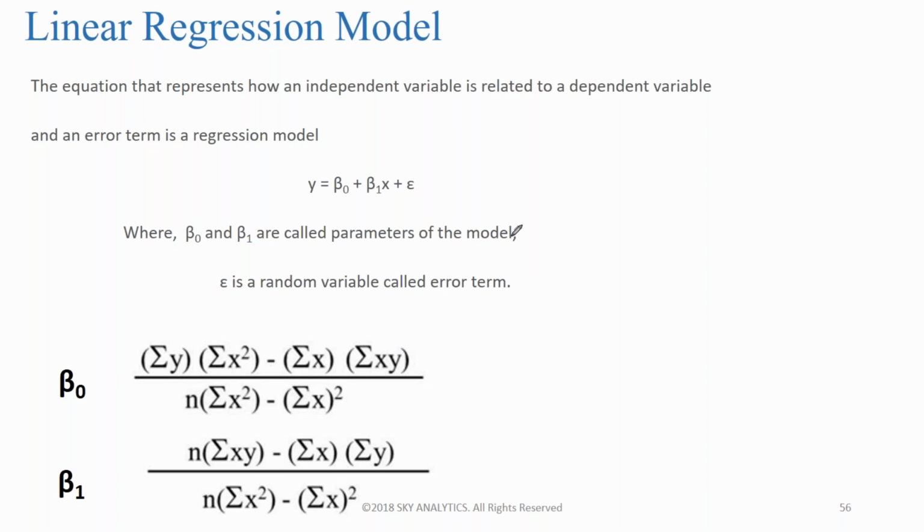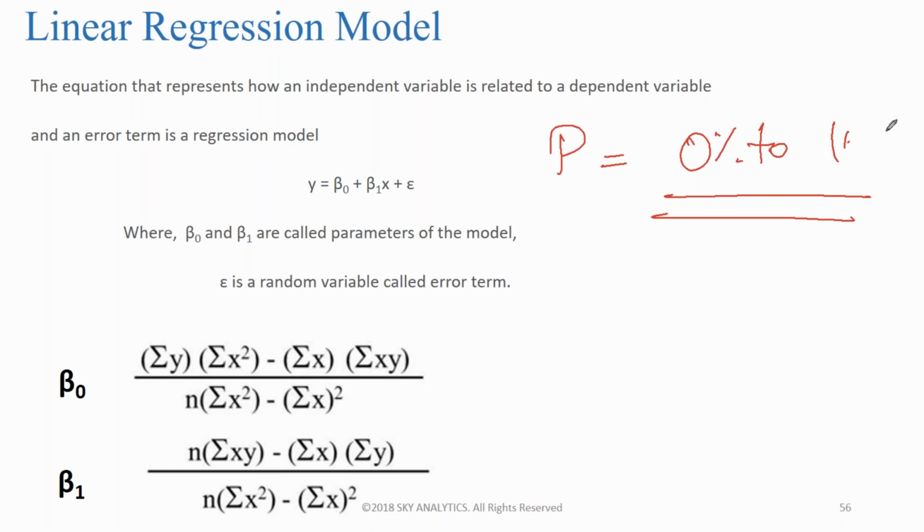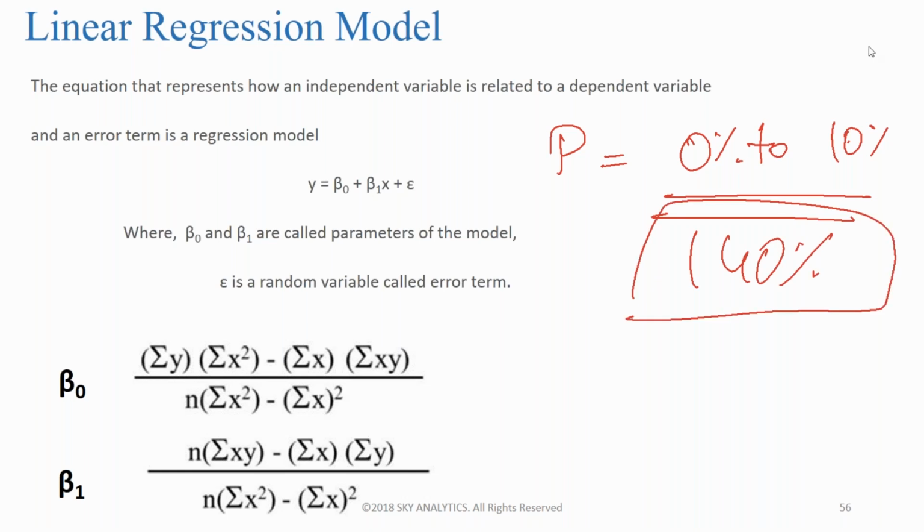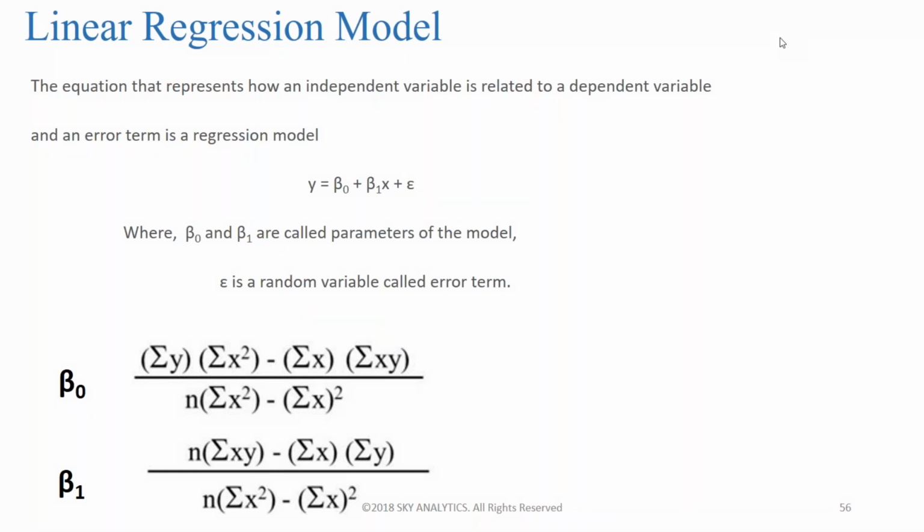See, always your p value will be between 0 and 1. There is no chance of getting 1.428. Always your probability will be between 0% and 100%. How can you get more than 140%? Obviously, you might have made some mistake with your data.